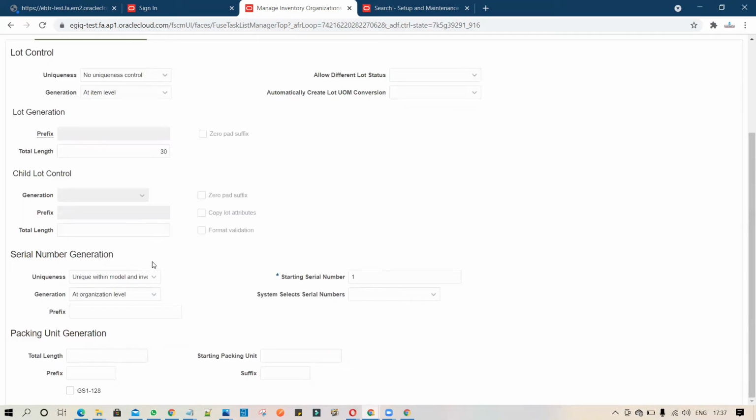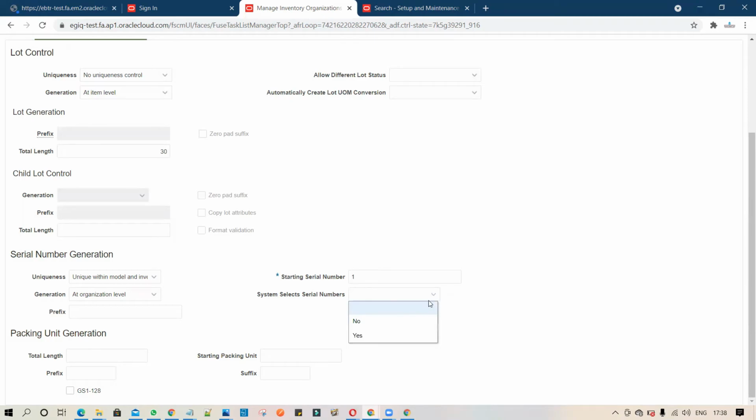Then serial number generation. So you have the serial number generation options available. For uniqueness, whether you want it unique within the inventory item, unique across organizations, or unique within the organization, you can set it up accordingly. Then a starting serial number, you can set the prefix as well as system select serial number.